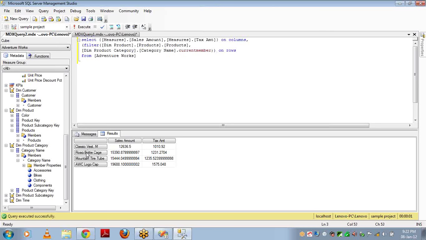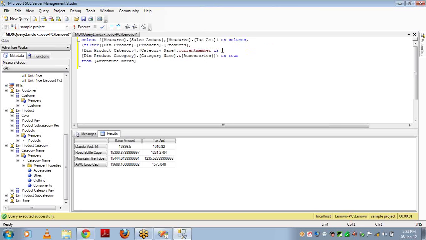For example, these 4 rows I have, and this product belongs to some XYZ category. So when accessing this particular row, the current member will give the category current member as XYZ. If this row belongs to ABC category, then it will give ABC as output. So what I'm checking is whether the current member is accessories or not. If it is accessories, then display, or else don't display. This is the meaning.